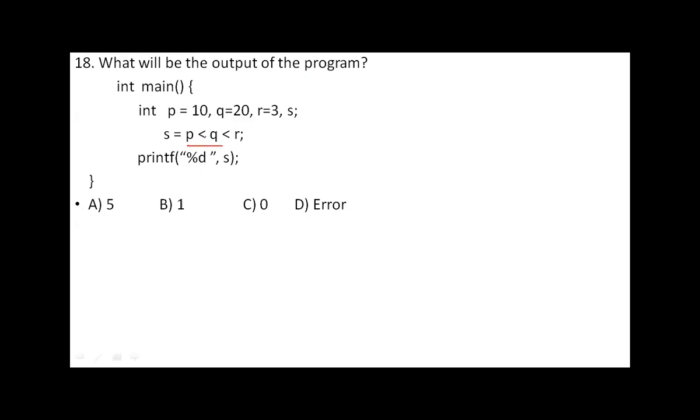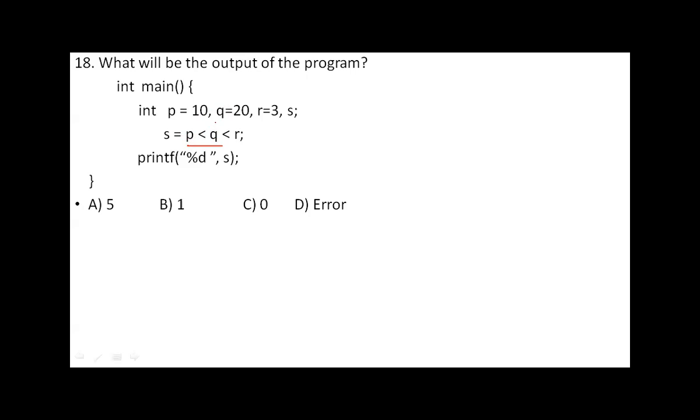So p less than q. This is a relational expression. It evaluates to either true or false. So what is p value here? 10. 10 less than 20, yes, true. So this becomes true, which is treated internally as a 1.